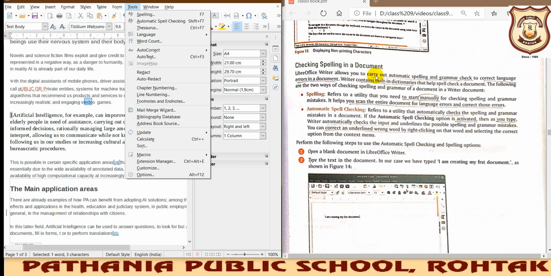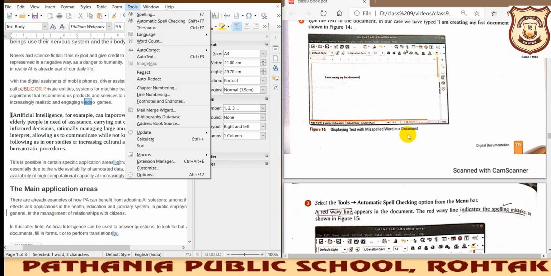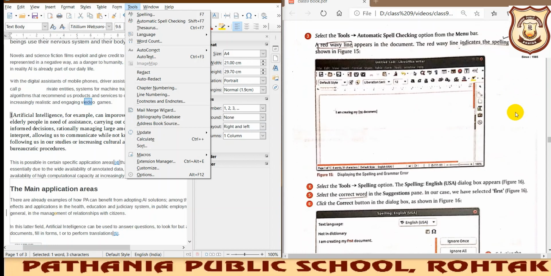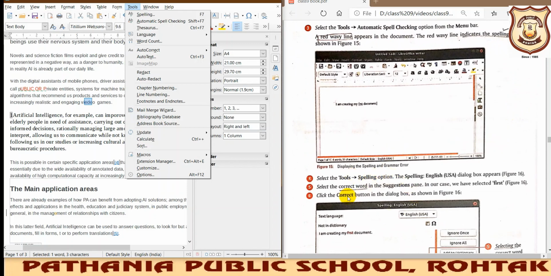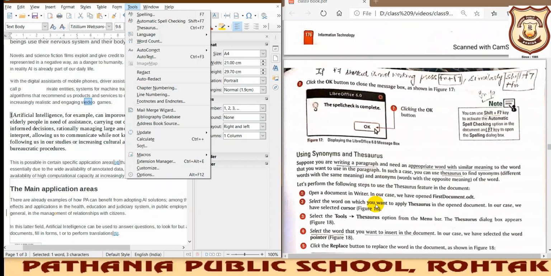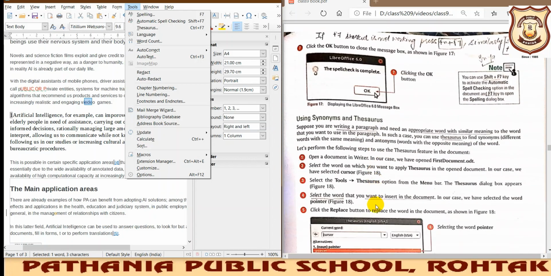Okay, so in brief you will be writing about these things, but all the things should be covered. Never skip any of the important topics from the book in your notes. You are not supposed to skip anything, but these diagrams you are not supposed to draw. You just need to write everything in brief, like the red wavy line, it appears, what it is indicating: there is some spelling mistake. So important points you will read and you will write. No need to draw this diagram. So I hope the concept is clear and you will be making notes in a better way. Thank you so much, beta.